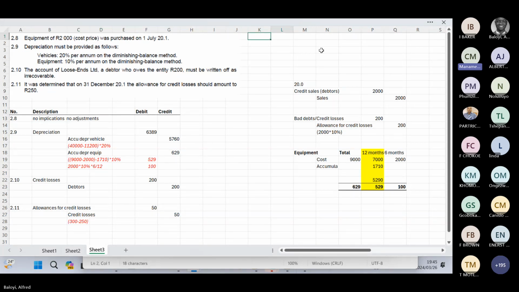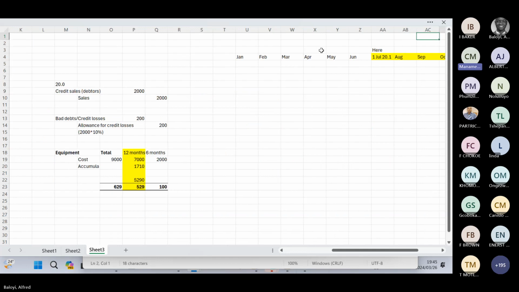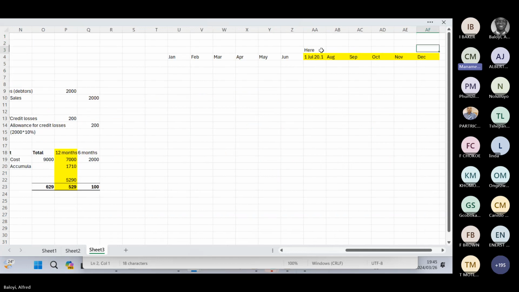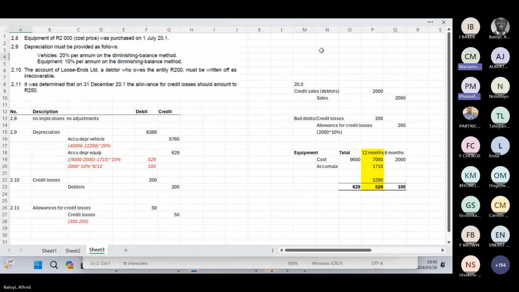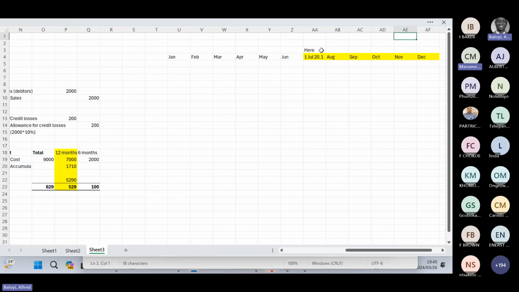So when you calculate from 1st of July, be careful, 1st of July, not the end of July, meaning that we start with July, August, September, October, November, December, and that gives us our 6 months. Makes sense? Thank you so much. Yes, so please always, when you start with the question, when you start with the trial balance on your scrap paper, do the timeline. You start with 1st January or 31st, what is the beginning of the financial year, what is the end of the financial year.